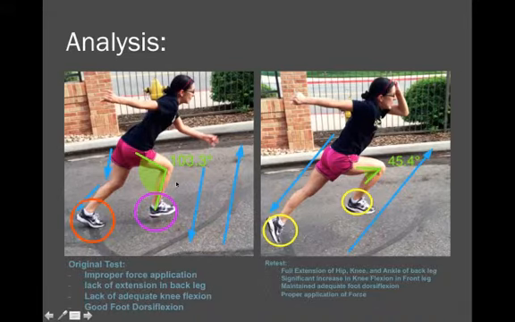Lack of adequate knee flexion, as we saw before, or in our original study by Ansari. The greater the knee flexion, the greater the stretch on the glutes and the hamstrings to be able to produce force. And she also did get pretty vertical, so you can see she's a lot higher in her takeoff. With this foot going to be driving down, it's going to create a more vertical pattern of force application.